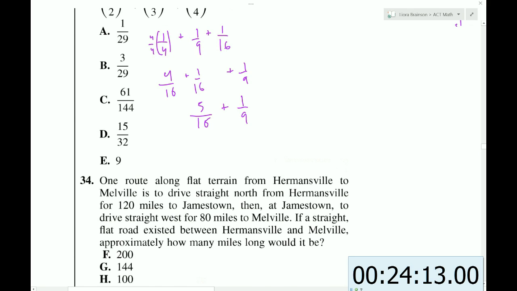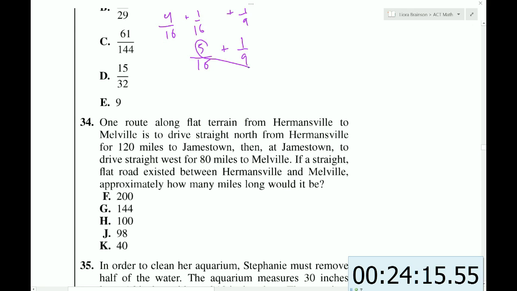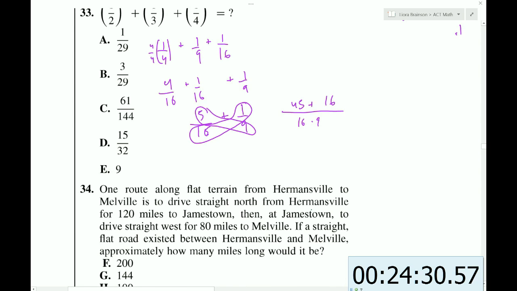Now I can use my cross multiply method. So 5 times 9 is 45. Then I write the symbol in the middle, plus. I do the other cross multiply. 1 and 16 is 16. Then I multiply the denominators. 16 times 9. So I'm going to end up with,